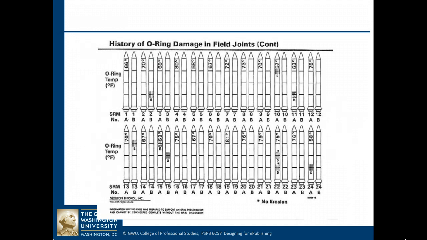Now, the night before Challenger was due to take off, the engineers presented this diagram to the management saying we should not take off tomorrow, okay? Because look at the history of O-ring failures, and they believed that there was going to